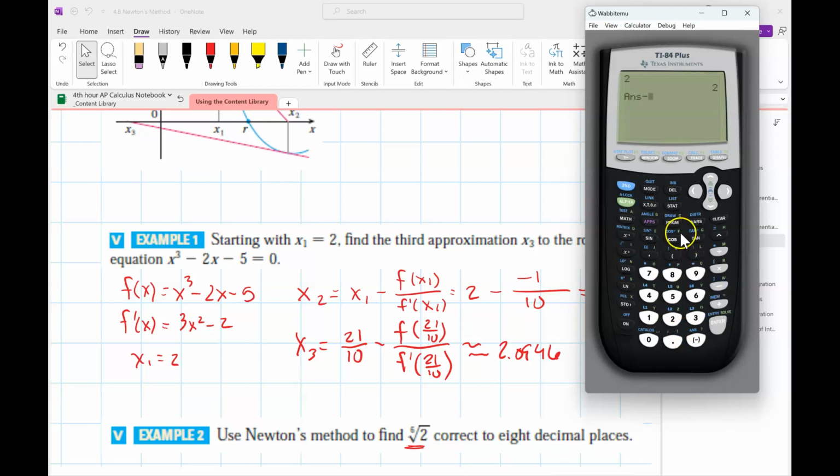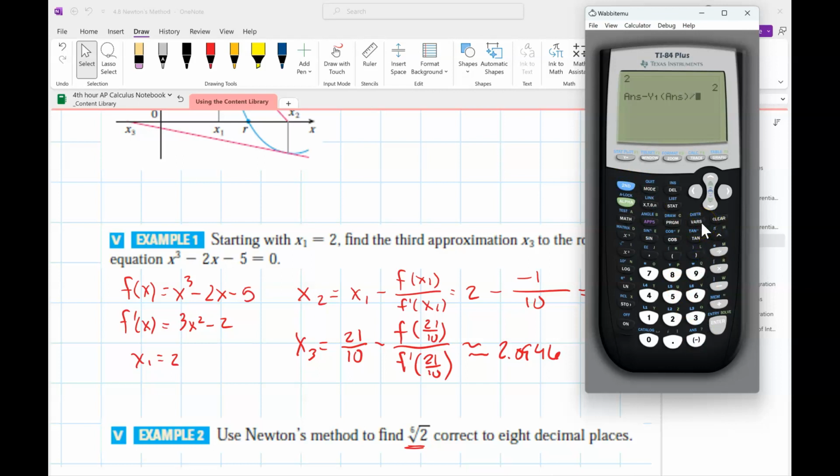Then I have minus y1, because that's where I stored f. To get to y1, I press vars, which is right under the down arrow, go to y vars, pick function, pick y1, plugging ans into y1,